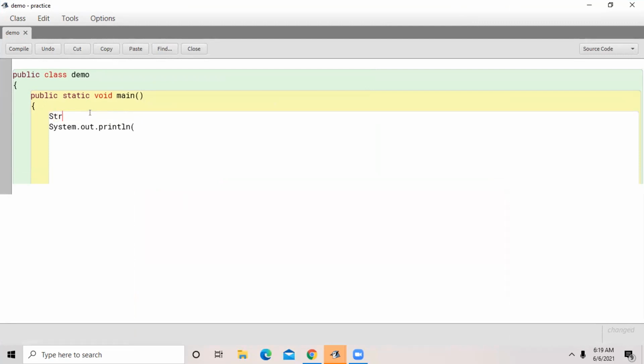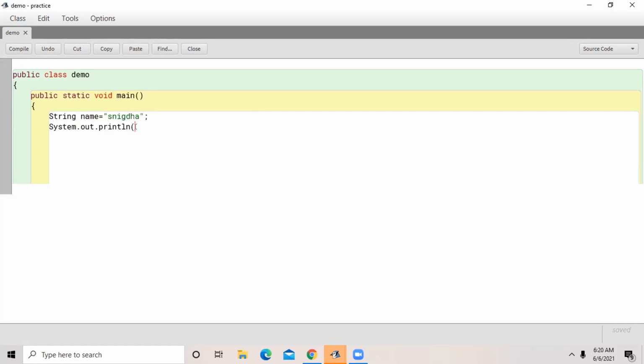So declare a string variable and assign a name, any name that you want, to that variable. Assign a value to this name variable, any value, your name or your brother's name. Specify it in double quotes. Yes, correct.